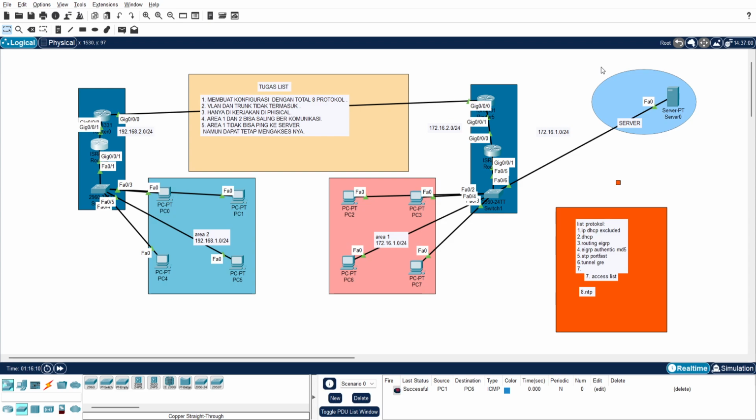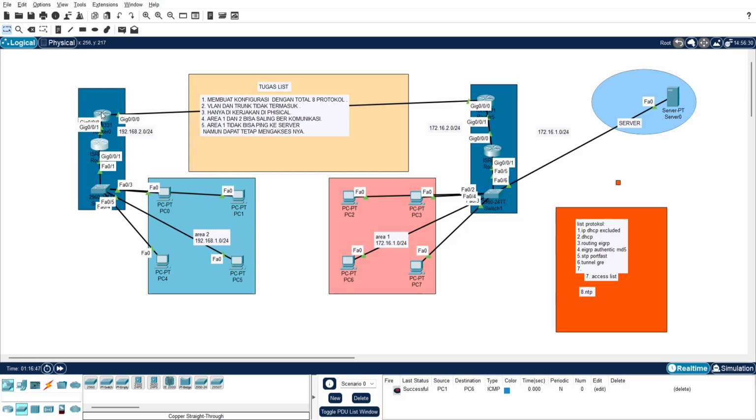And then IGRP authentication MD5. You see, router 0 has an interface loopback 0, that is 1.1.1.1/32, and then router 5 also has loopback 0, that is 2.2.2.2/24. Yeah, I don't care. It can connect.